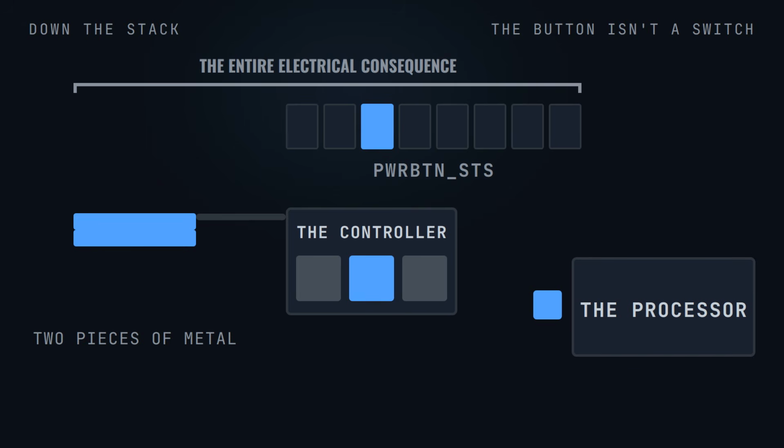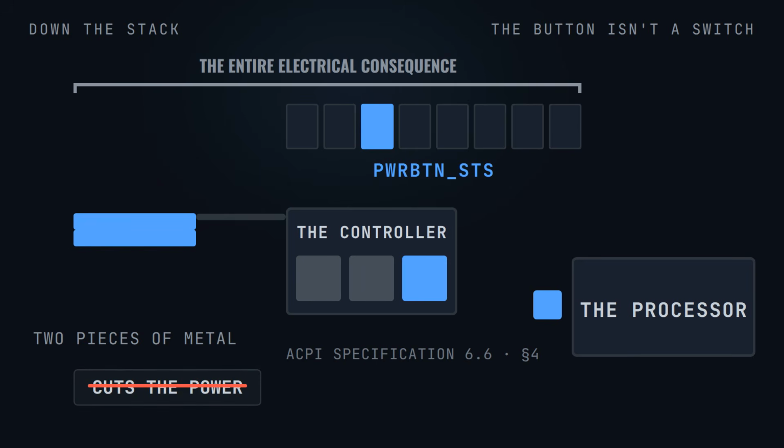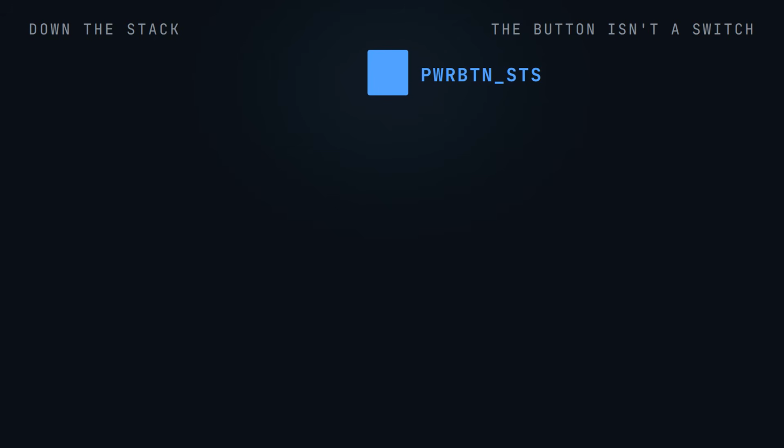And the specification that defines all of it even gives the bit a name. It's called power button status, and it's a single sticky flag in a block of power management registers. So the press doesn't turn anything off. The press writes a message, and something else has to come along and act on it. And the operating system is the thing that comes along and acts on that message, and it can do whatever